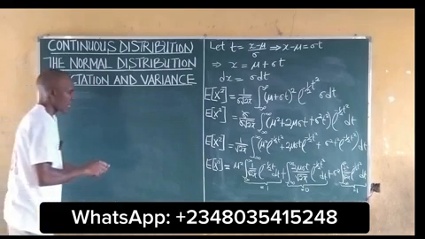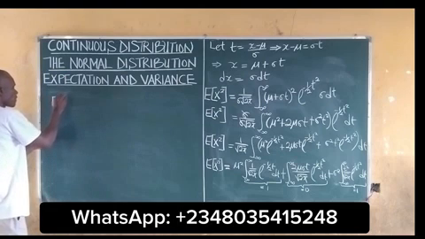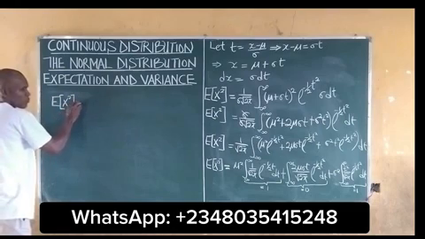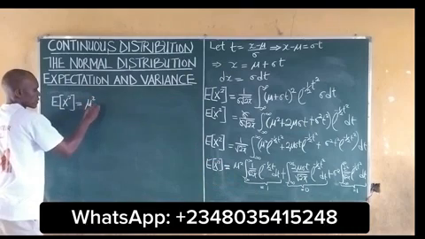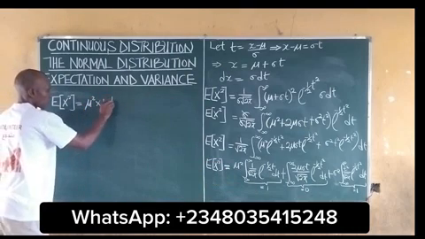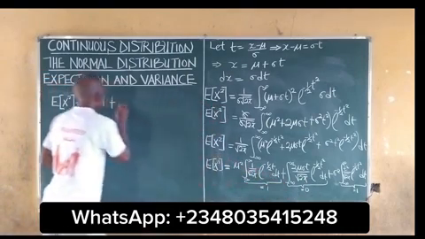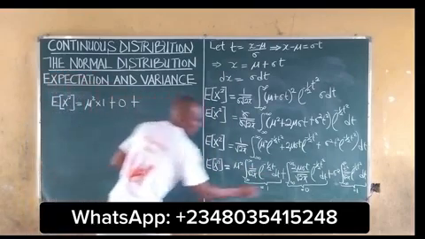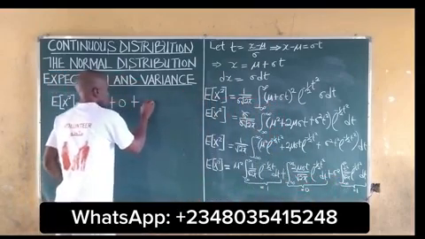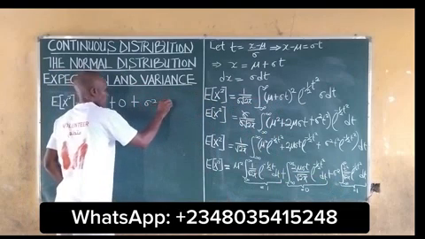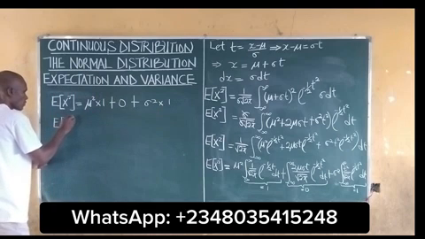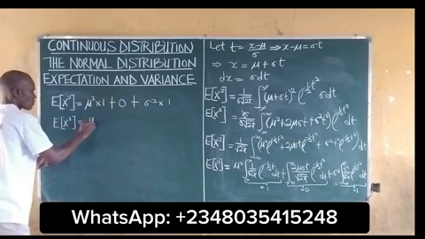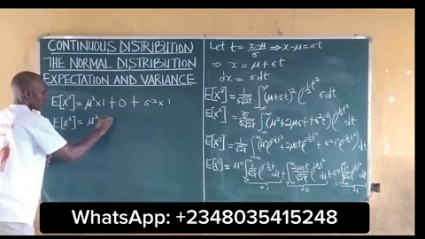So it then means that our expected value of x squared will be equal to mu squared multiplied by 1 plus, here we have 0, plus, here we have sigma squared multiplied by 1. So we have our expected value of x squared to be equal to mu squared plus sigma